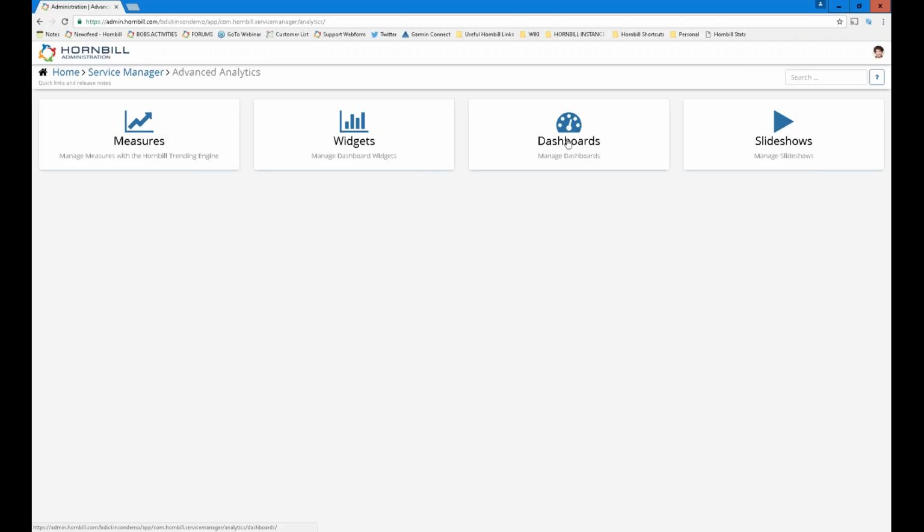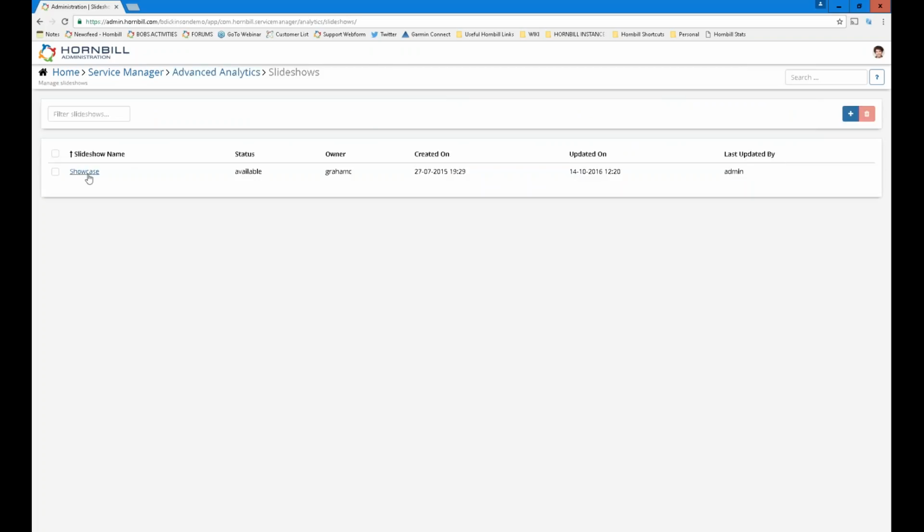And then with a dashboard, you can display them on the same screen. And then once you've got a number of dashboards, so you might have an incident management dashboard, a service request dashboard, change management dashboard, and so on, you can put them in a slideshow. And a slideshow is what you would then typically display on your big screen, perhaps even in the office, which scrolls through. So if we have a look at an example slideshow I've got here,